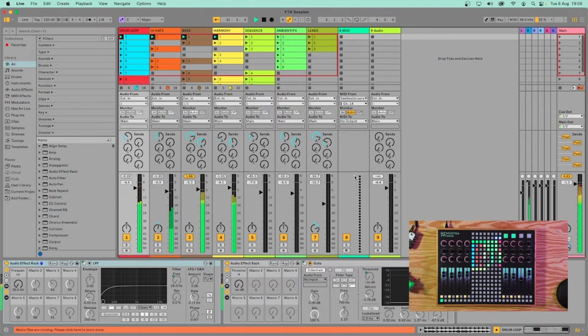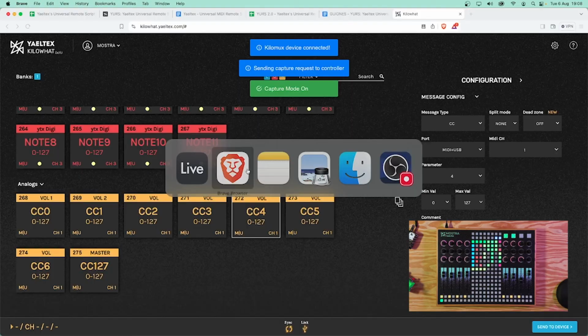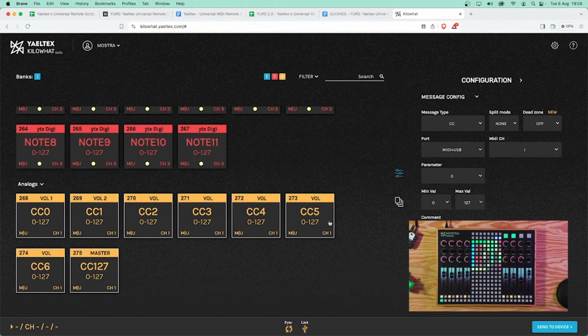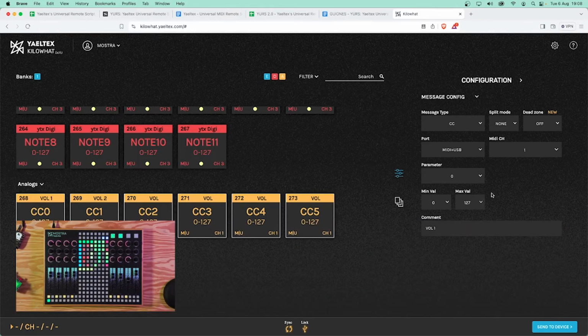So you will be doing that straight from Kilowhat. What you would do there is, in this case, select all of them and change the maximum MIDI values that the controller fader will be sending. In this case, we'll put something like